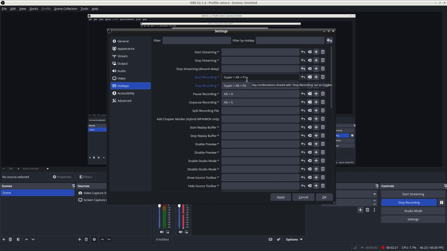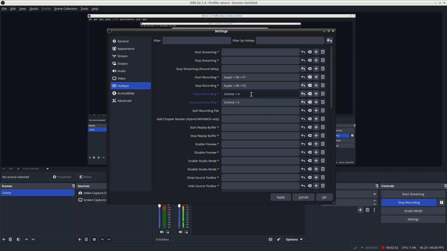I did this one specifically because I don't want to accidentally start a recording. So this one, it would be intentional. It's basically the Windows key and Alt, or Super Alt and F1. And maybe I could change this one similarly, but to F2. And then I set this one up to be Alt A, but I could also change it to Control A,